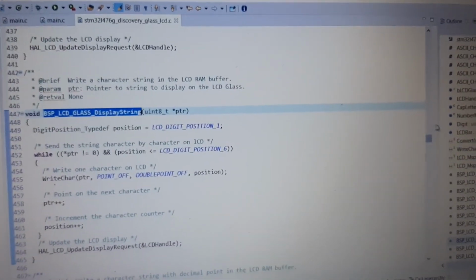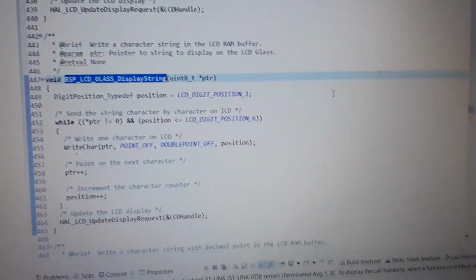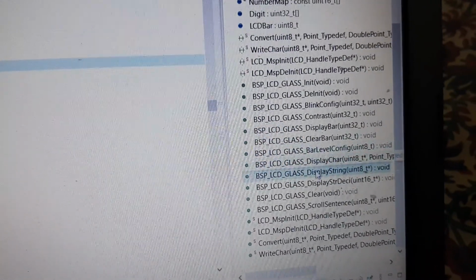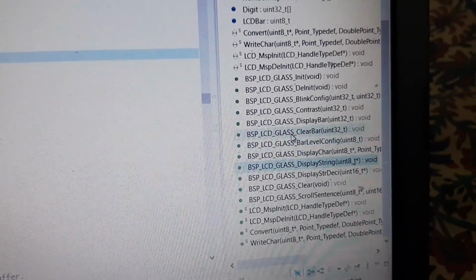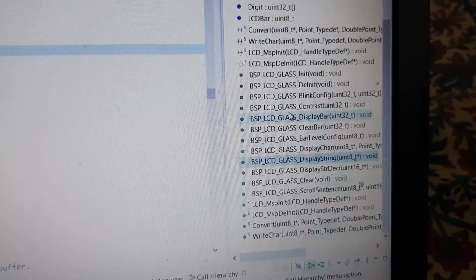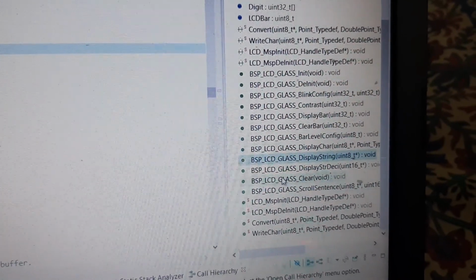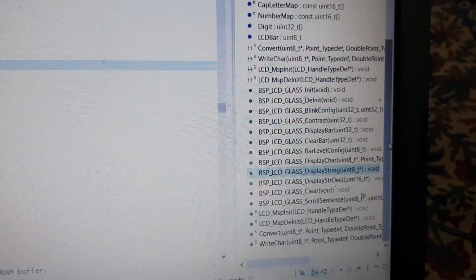Then you can see the BSP functions, or you can browse them from this outline window. There is display string function, character, bar level. You can show a bar level, contrast, blink, deinitialization, clear, display string.